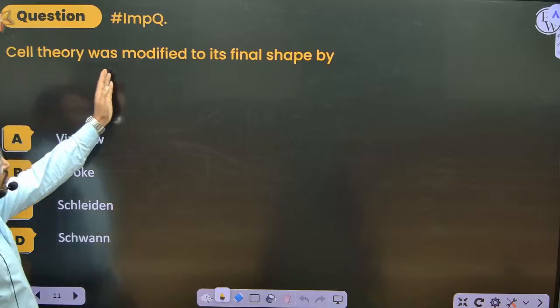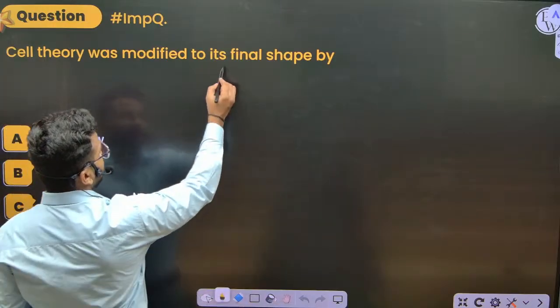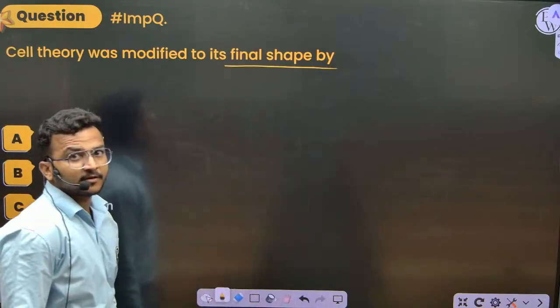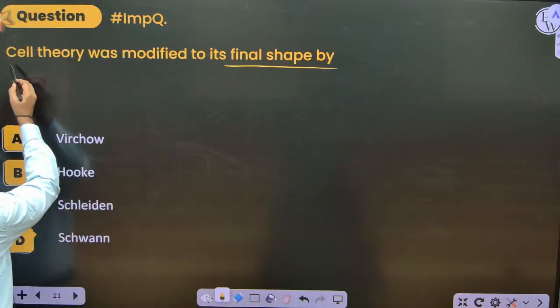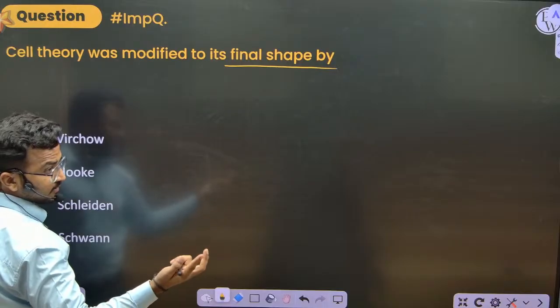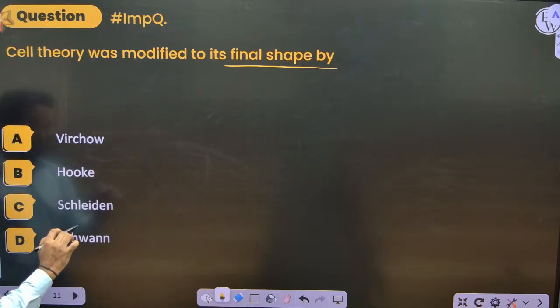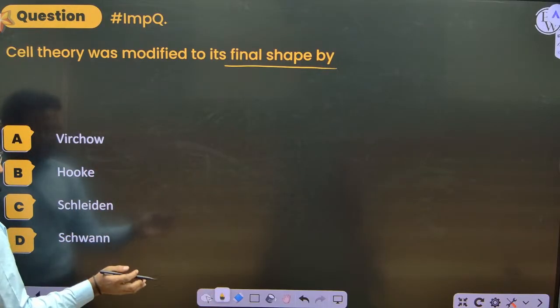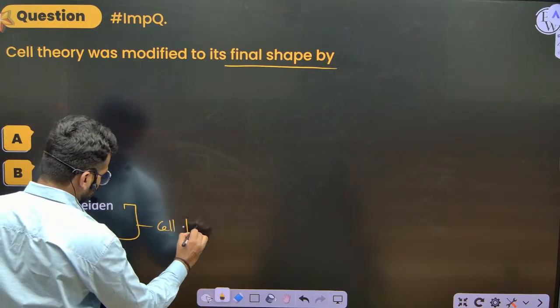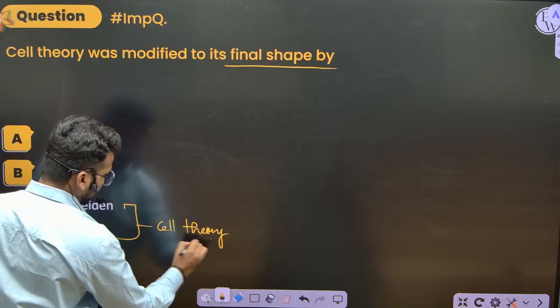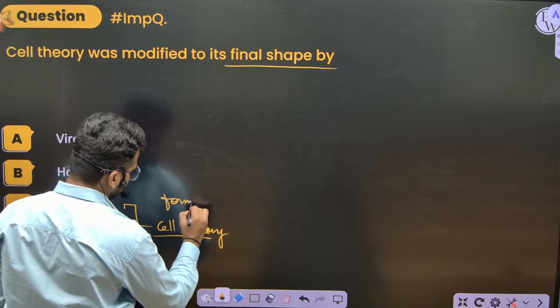So cell theory was modified and given a final shape. All these are asked in PYQs. Who modified the cell theory? Not Schleiden and Schwann, because they made, or formulated, the cell theory,